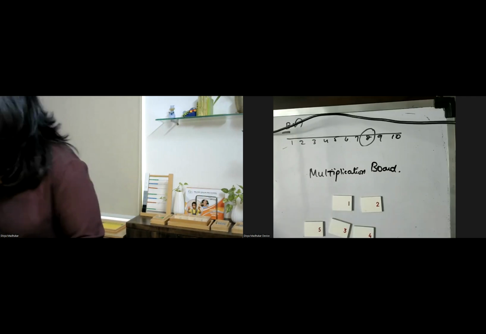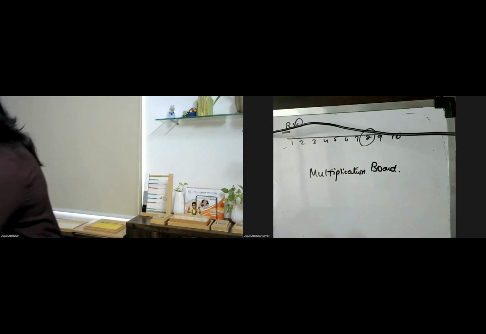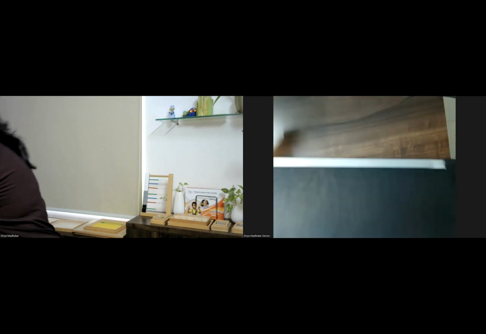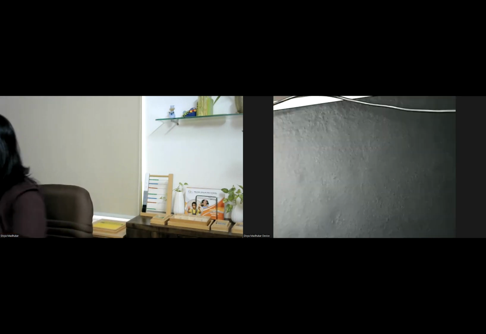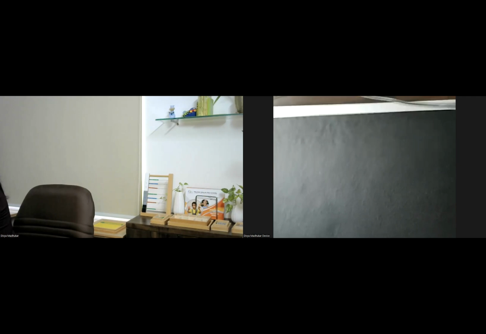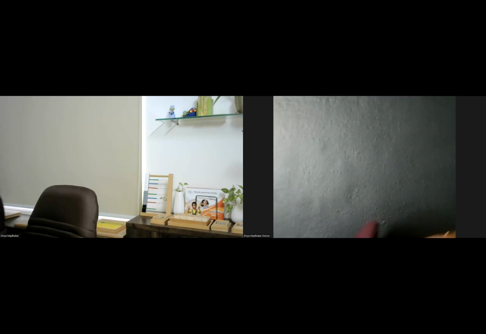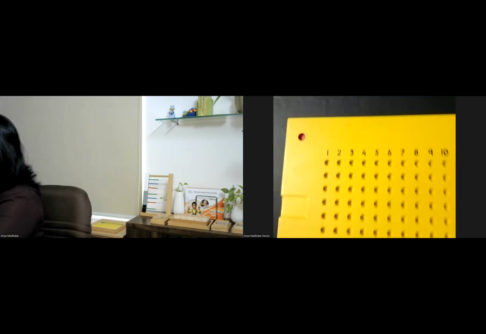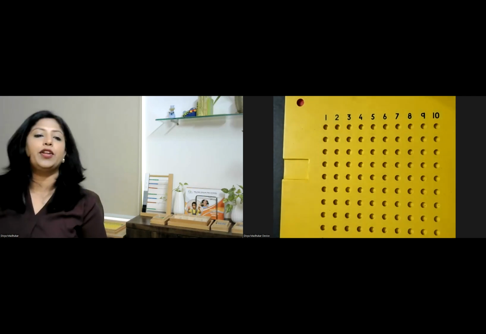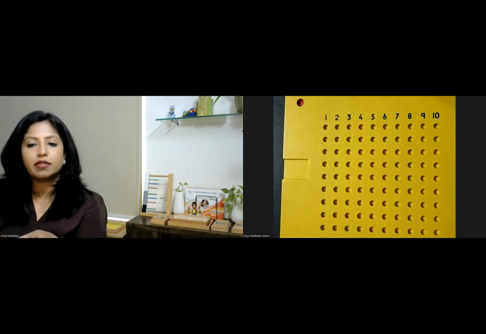What we generally work on here is, you first have to understand which table you're going to be performing. Is it a table of 1, a table of 2, a table of 3, or a table of 4? That is what we understand at the beginning. Once we decide on our table, we perform our multiplication using this manipulator, called our multiplication board. Everybody take a look at it. Apart from that, to collect all your beads, you can have a small bowl or use a similar tray itself.